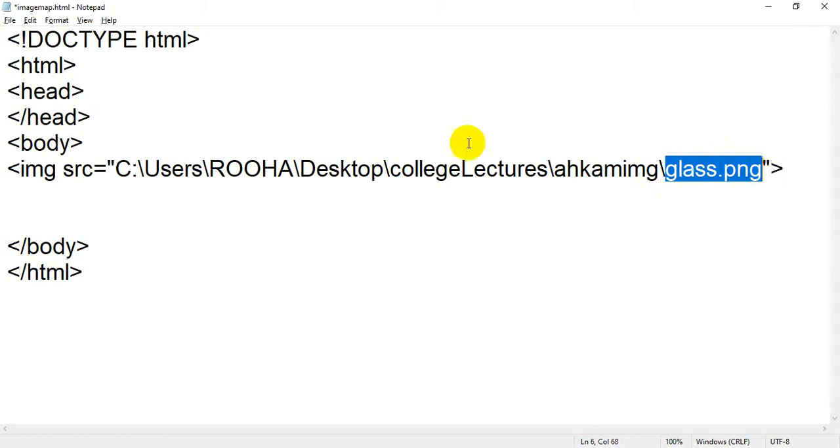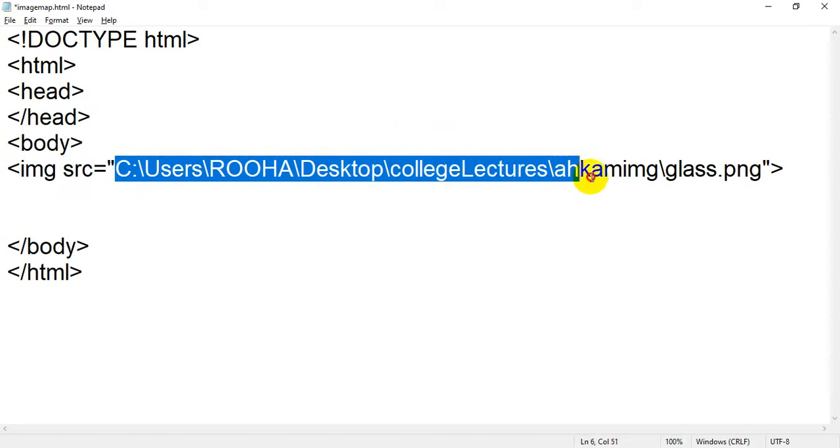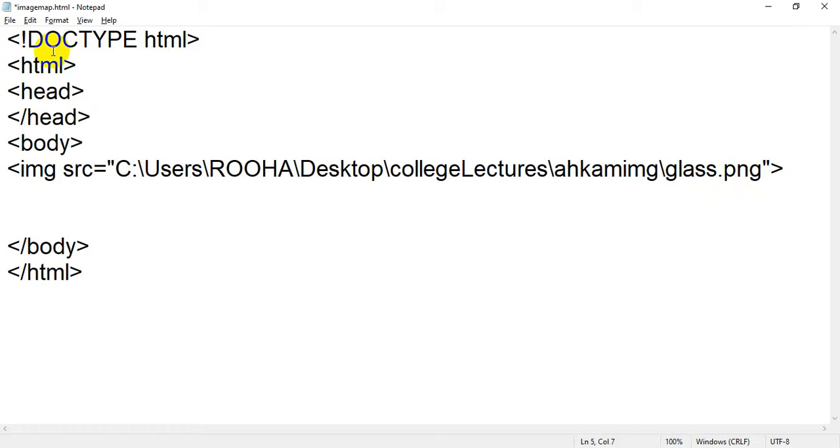Okay students, first we have to write the img tag, and you know img is a singular tag. Inside that we have to use one attribute, that is src. Then in src we have to write the location of the particular image which you want to insert. After the address, you have to write the name of the file, because at that particular location we have n number of other images. So we have to write the full path as well as the name of the file. Okay, save it.